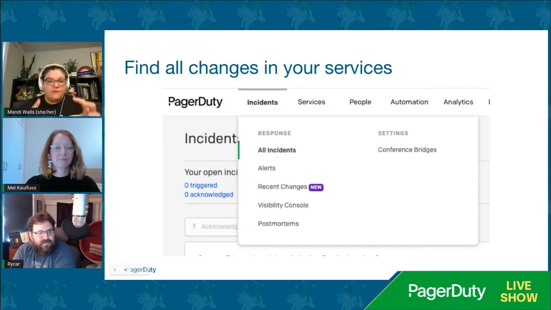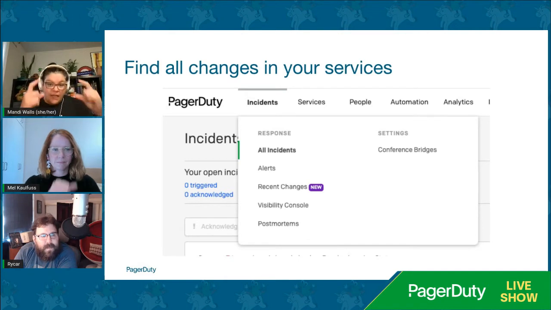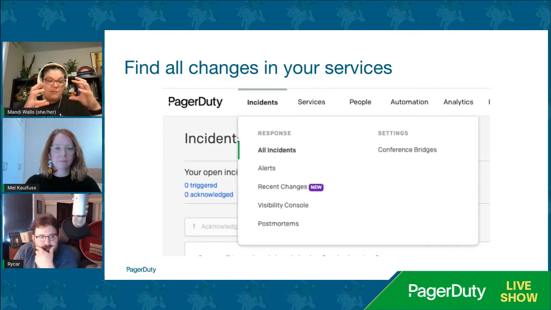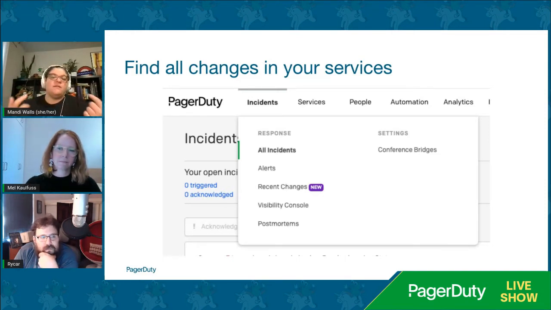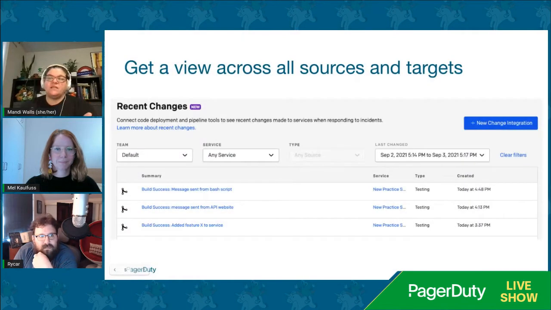So when you're looking for changes in your PagerDuty account, we're going to see some of this with the Buildkite demo. It's under your incidents. These are non-alerting data. They're going to be things that are attached to your service, and it's going to give you information about what's been going on with that service. So they show up under incidents. You can see there the little purple tag says recent changes. That's where you're going to find all of these things that we're going to be looking at tonight. If you have your account open and want to follow along with what that looks like, that's awesome.